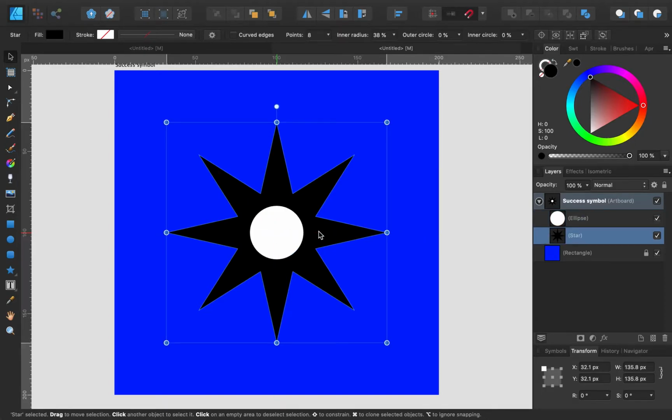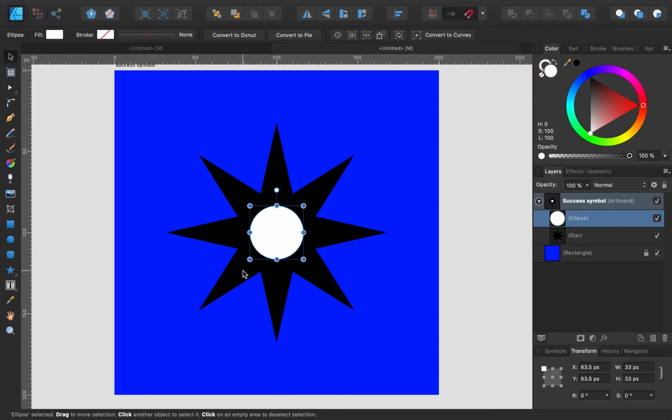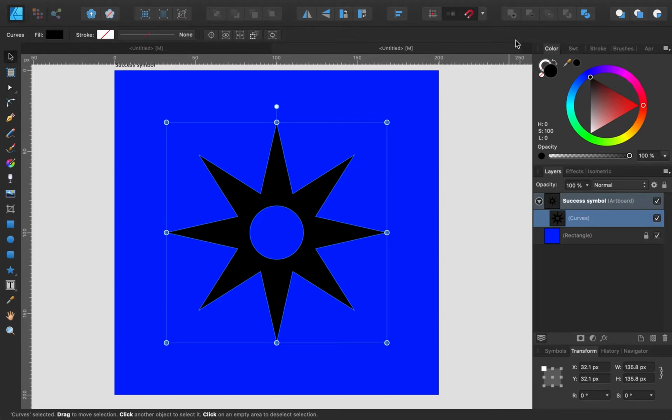Make sure that I am still centered on everything. So what I can do is if you select both objects at the same time, up here you have this subtract button, which is going to take wherever they are overlapping and cut it out. One thing to pay very close attention to is right here it says star. So right now that's a star shape. As soon as I use any of these buttons up here and click, it cuts out. It's now transparent. The hole in the center is an actual hole and not a different shape,